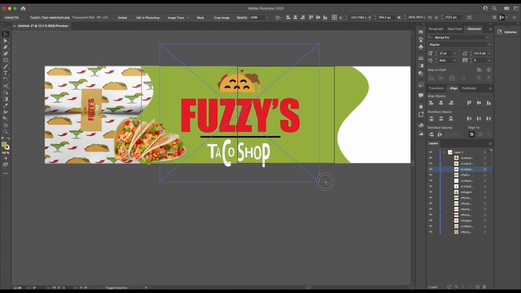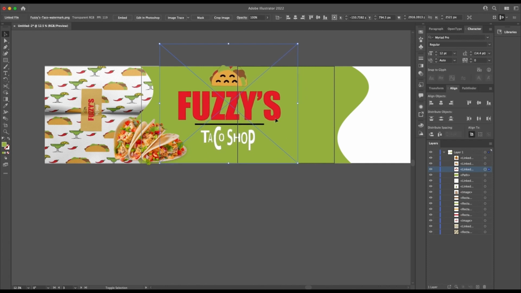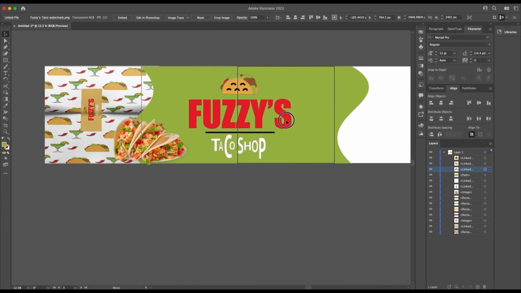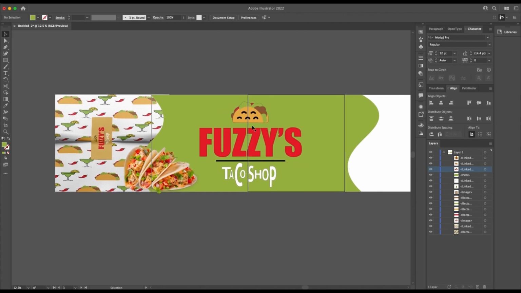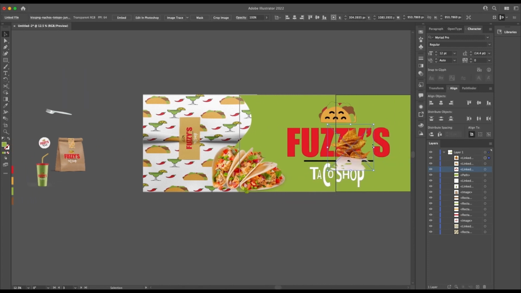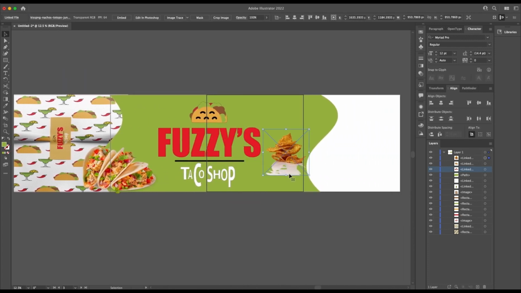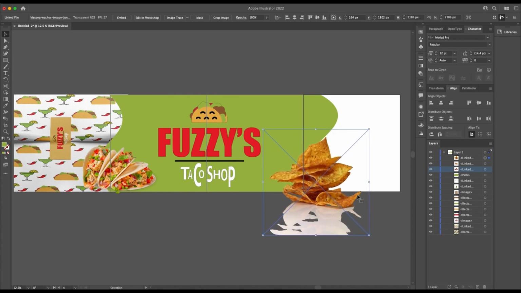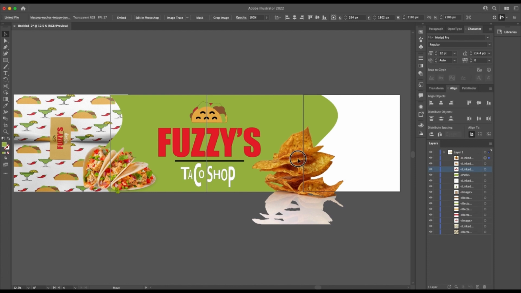This may change, but for now I kind of want it bigger, like this. So when you swipe, you'll see this half, and then you swipe again, you'll see the other half, and then whatever else we add to this. So I do want the nachos to be right here in this little scene, so I'm gonna grab those. And they are kind of wonky looking because I didn't go in and erase all this other stuff, but all I'm gonna do is just make them big, and you won't even be able to see that,